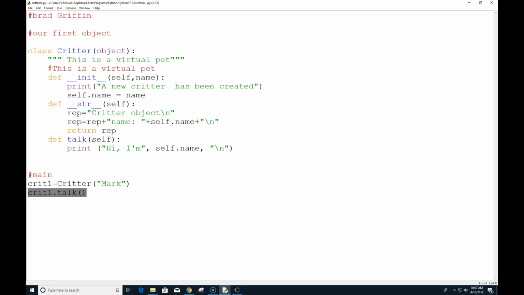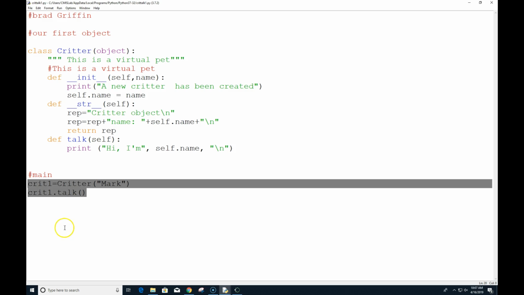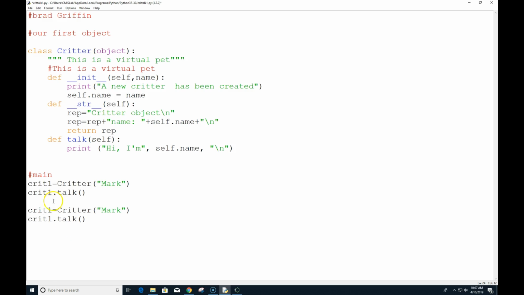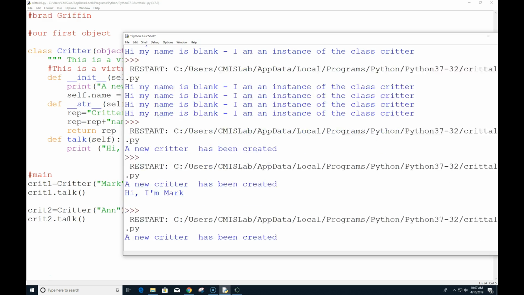So I'm going to copy and paste, and I'm going to call this one crit2, being very original. And I'm going to send it in a new name called Ann. And I want to see if we can actually end up with two critters.